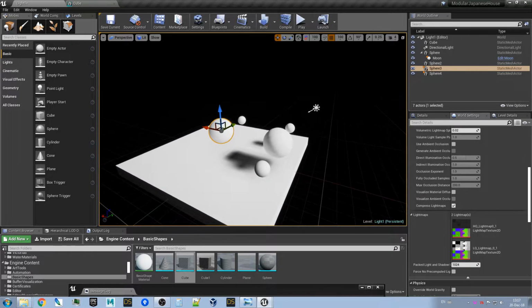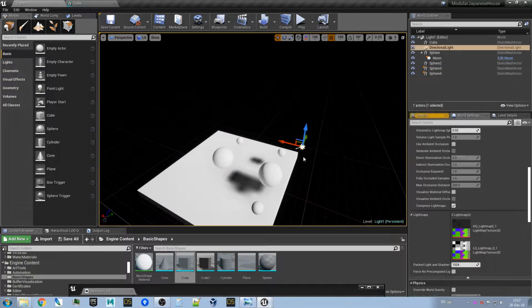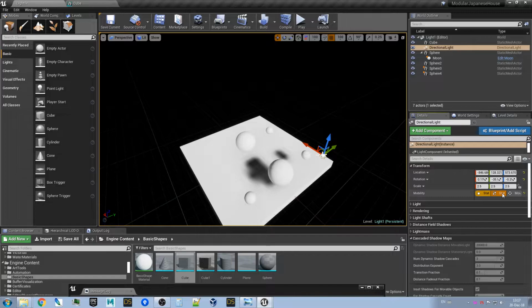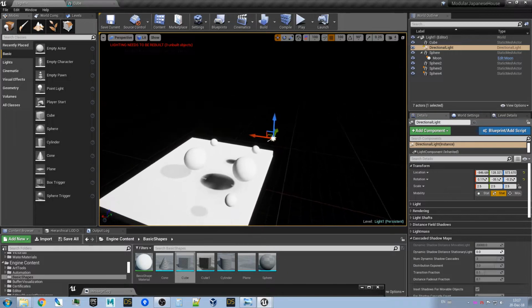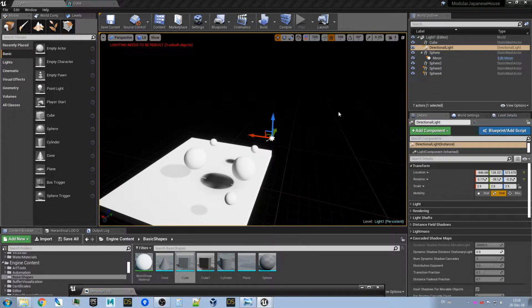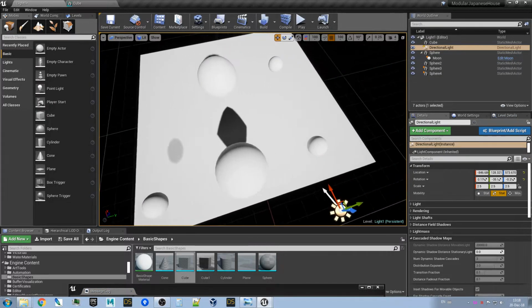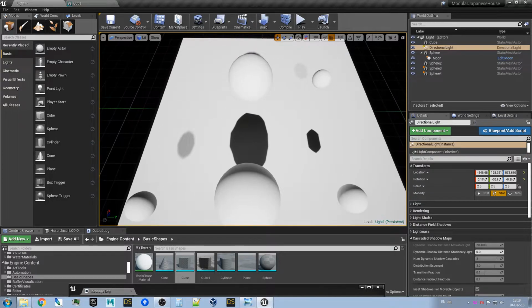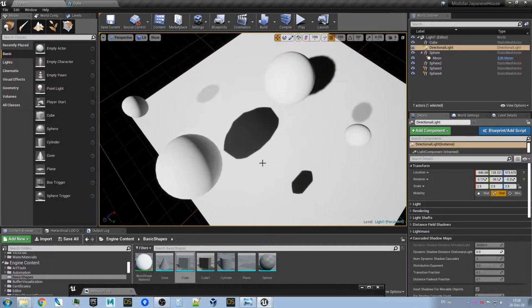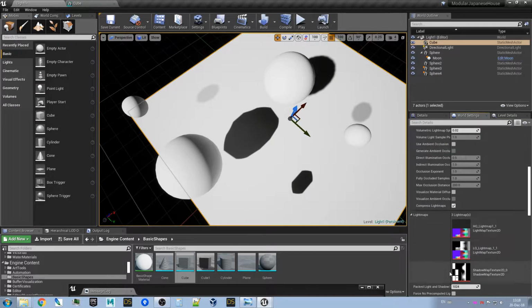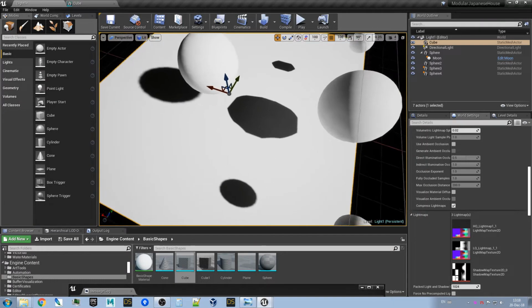hide it, and now let's go and really look at the stationary light. So we'll set that to stationary and build it. Now there are different things you can see. Now it's loaded. So first, those shadows from the static objects on the static objects are of a different shape, and it looks like